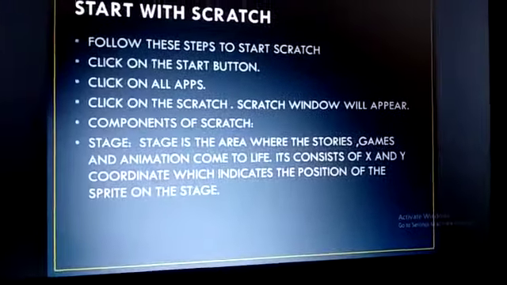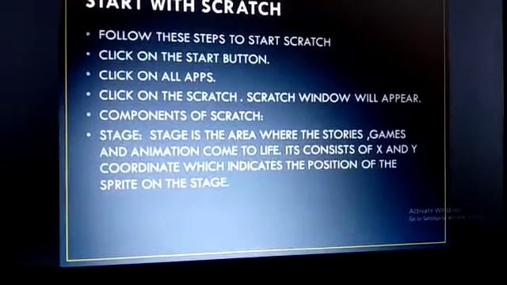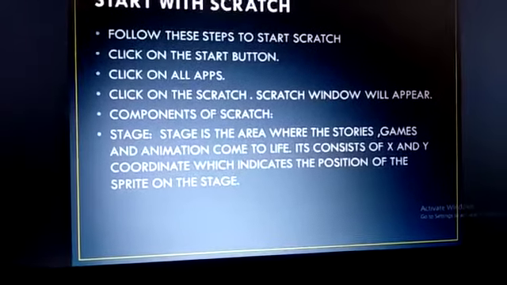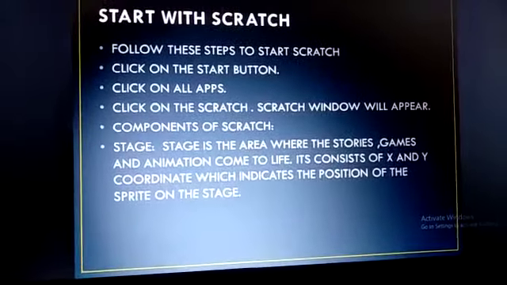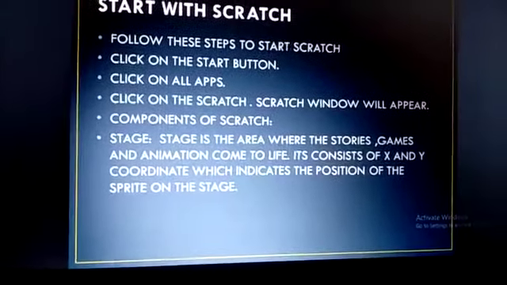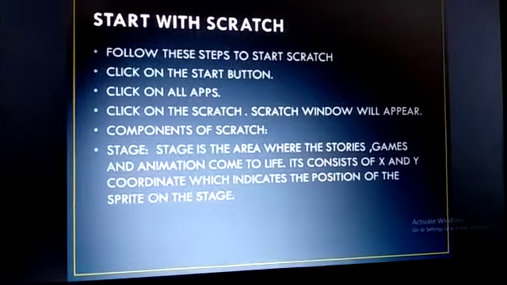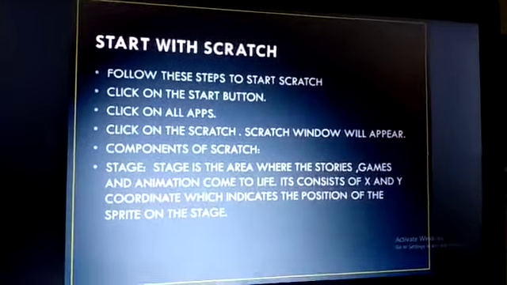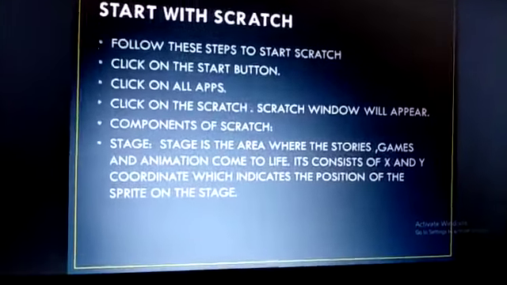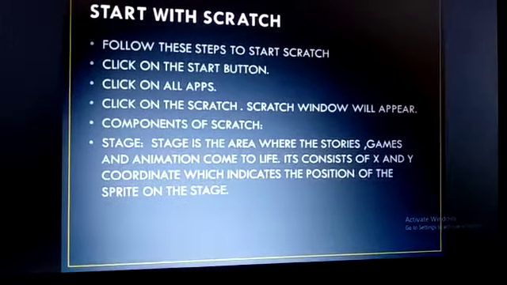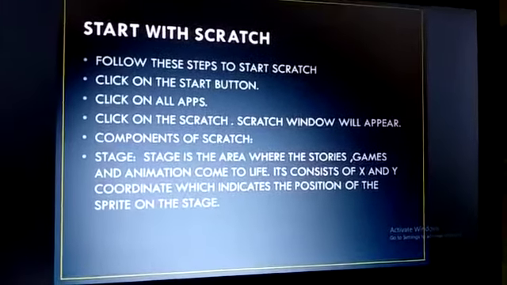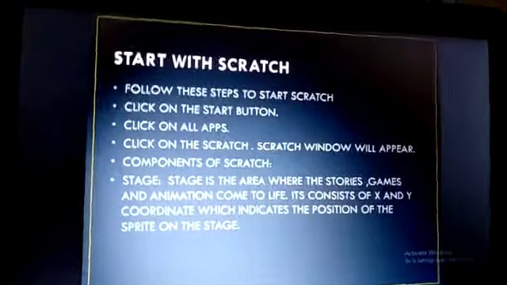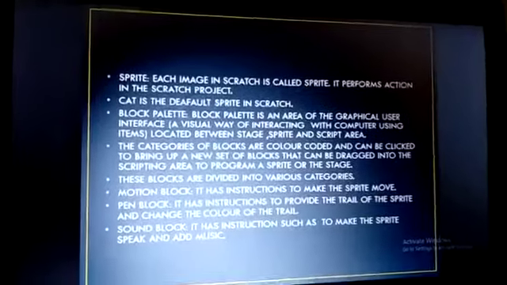It consists of X and Y coordinates, which indicate the position of the sprite on the stage. So we have the stage and the positions on the stage. By using the X and Y coordinates, we can give the position to the sprite. So let's move to the next part.